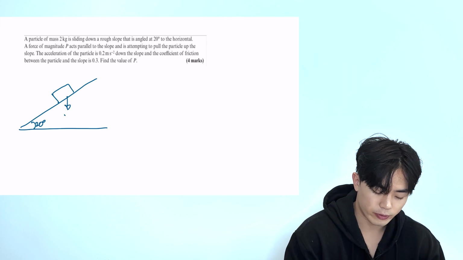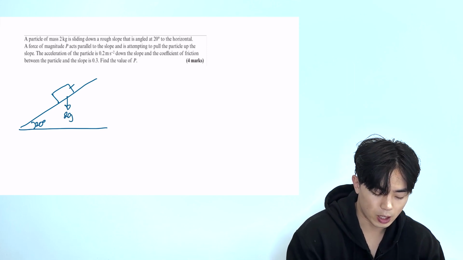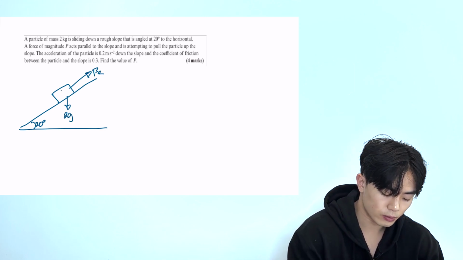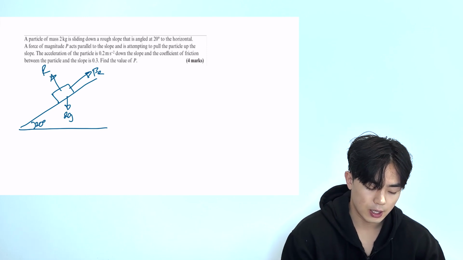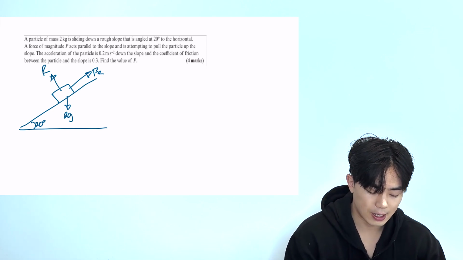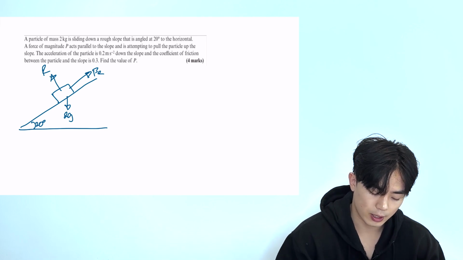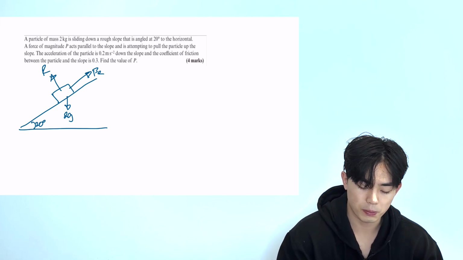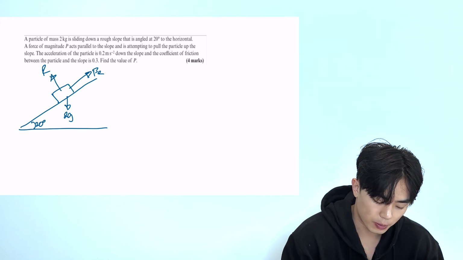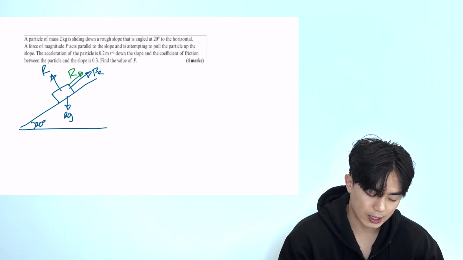Particle 2G. If it's going down, then the friction has to be going up, like so. And we have this reaction force like this. A force of magnitude P acts parallel to the slope and is attempted to pull the particle up the slope. So there's another force P, which is acting up the slope like here, and it's attempting to pull it